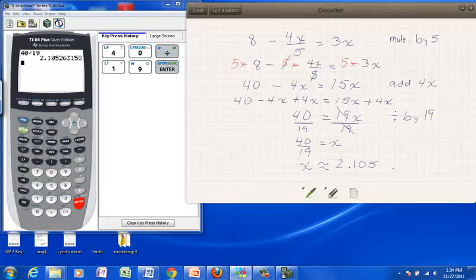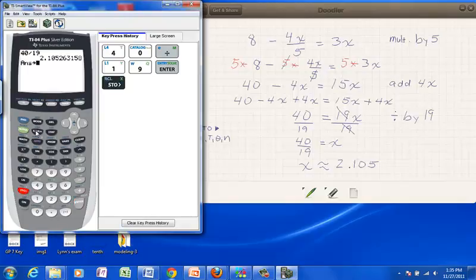Now, does this answer work? Well, let's use the calculator again and use the store feature. So I'm going to use the store feature that looks like this on the calculator, and I'm going to store it in the x variable. And then I'm going to go up and write that original equation and see if this works. So store that answer as x, enter, and then go back and write the original equation, which was 8 minus,